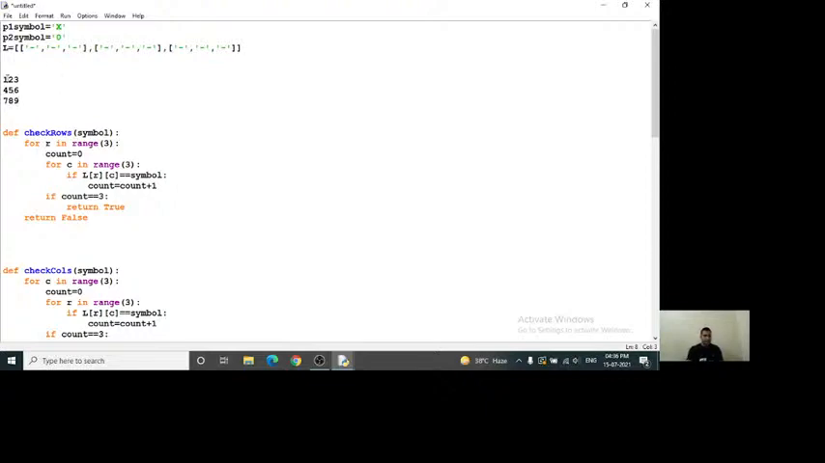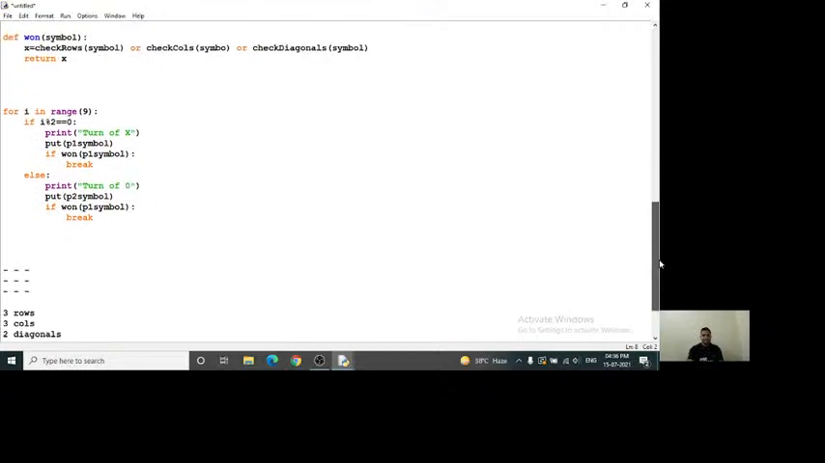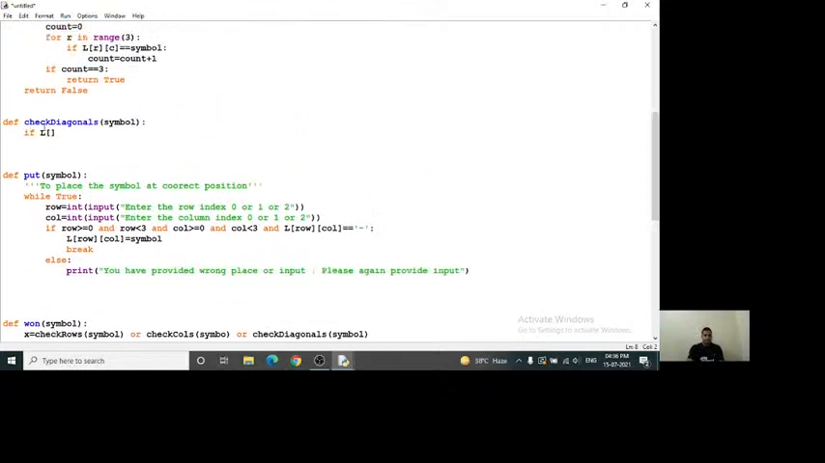What is the position of this one? 1 is present at index 0, 0, 5 is present at index 1, 1, and 9 is present at index 2, 2. So 0, 0, 1, 1, 2, 2. This is one diagonal. So we can write this one: L 0, 0,